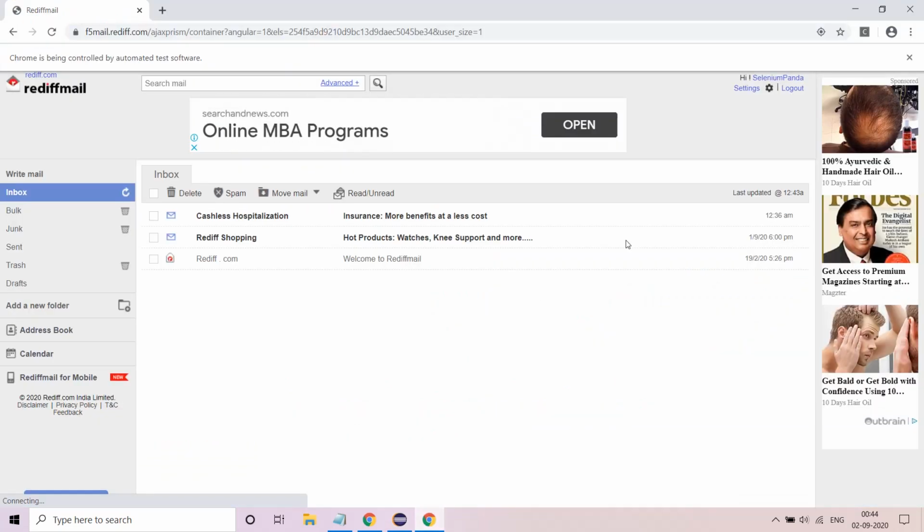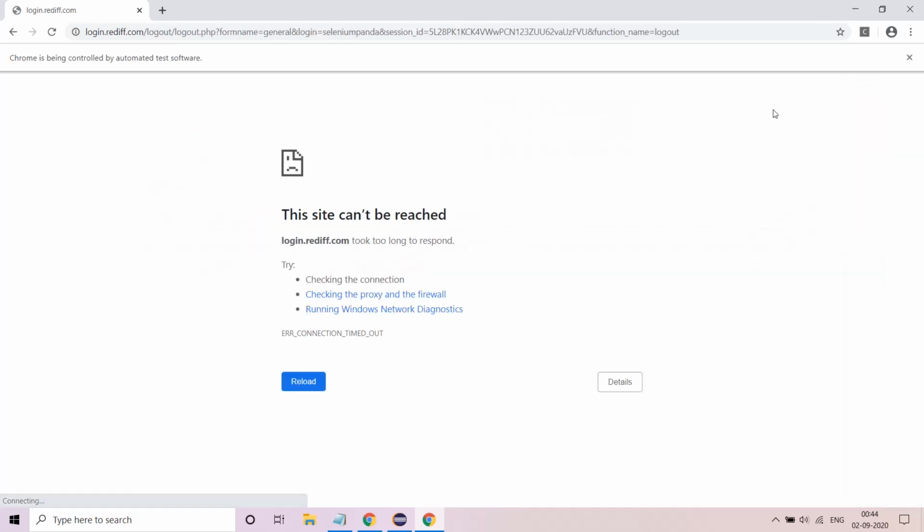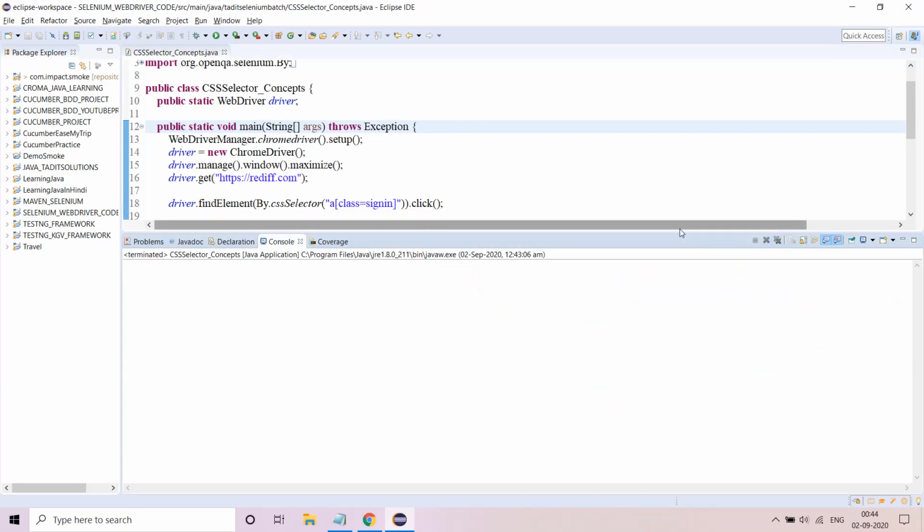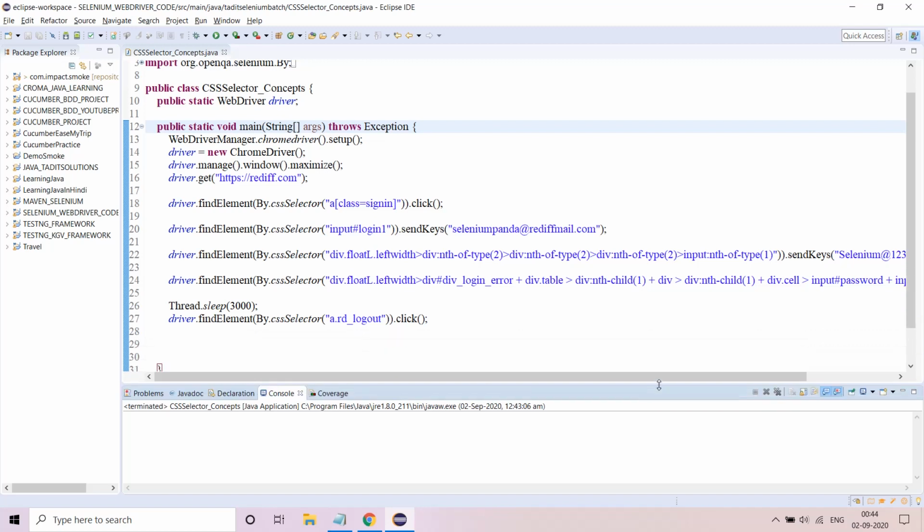Maybe certain internet issues, but our code is absolutely fine. Okay, see, this is an internet issue, so our code is fine. Maybe if I rerun, it will work. But again, my internet is not behaving well. I'm not on Wi-Fi, I'm using my mobile internet because of certain reasons. So this is absolutely fine. You can do this and it will work.